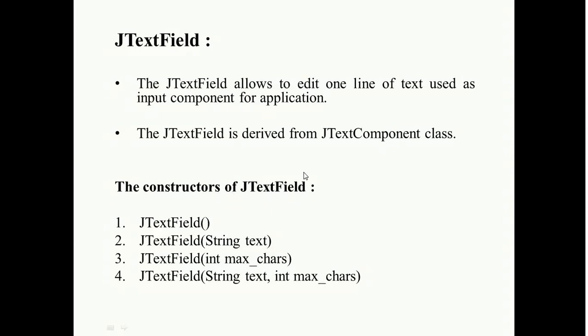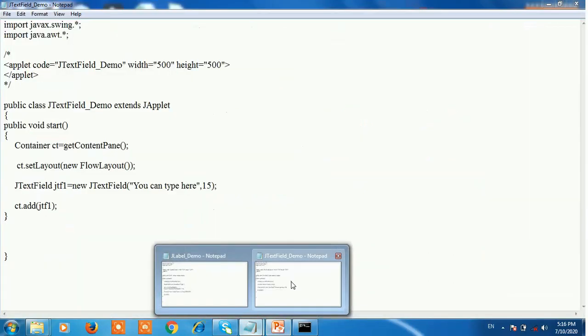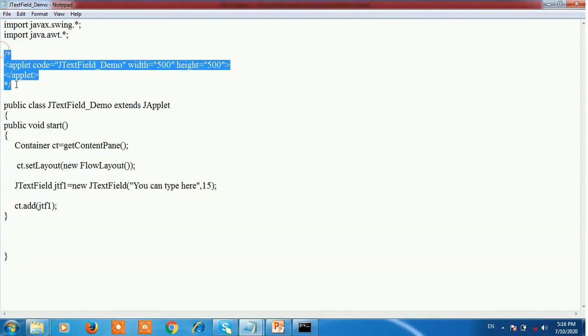Now see one program of the JTextField. Here, this is a program of the JTextField. First import the two packages: import javax.swing.* and import java.awt.*. After that, here is an applet code.